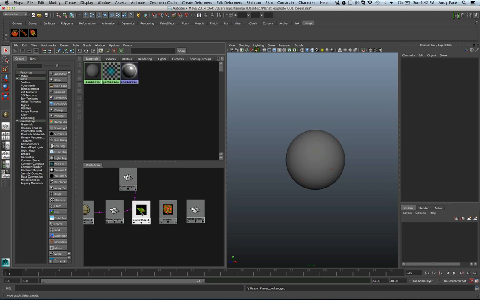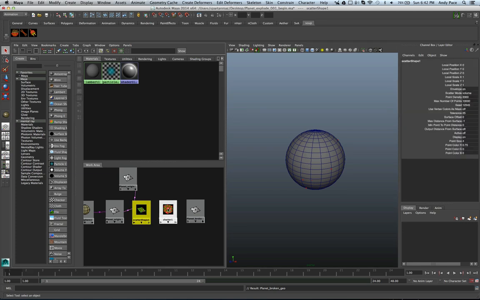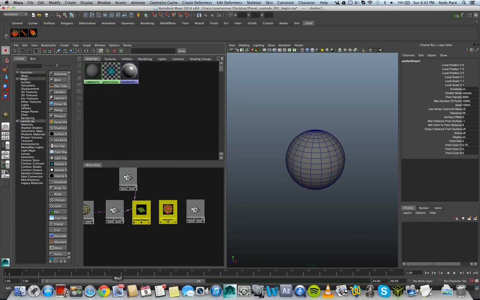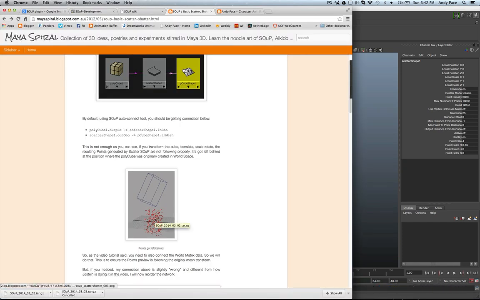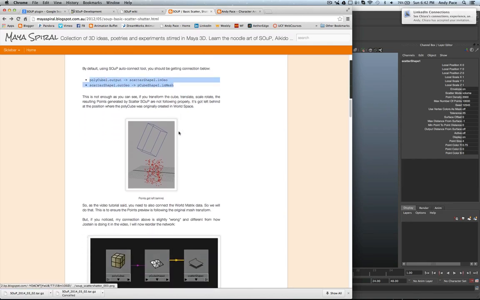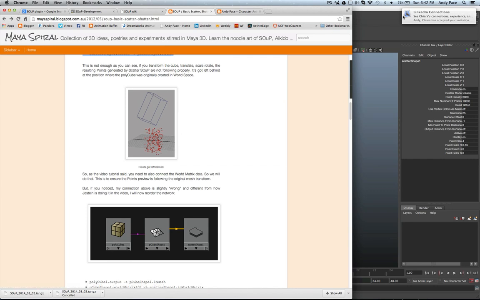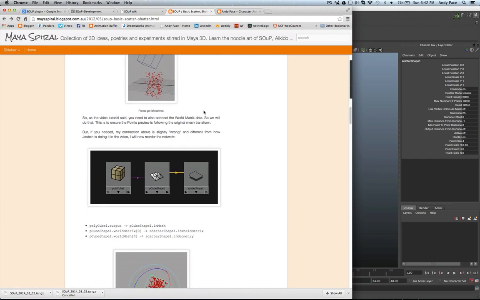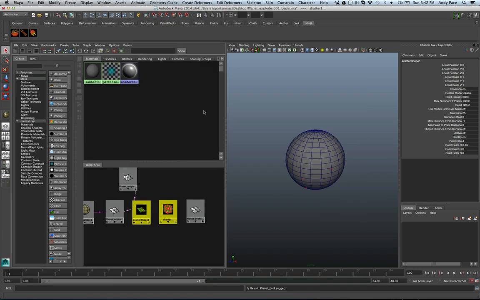Okay, so now to do the connections. We're going to connect the scatter shape to the shatter node. And over here in this tutorial, they have the actual connections that you can make through the connection editor. Oh yay, LinkedIn. But there's this icon here, this little plug. The plug literally says connect,